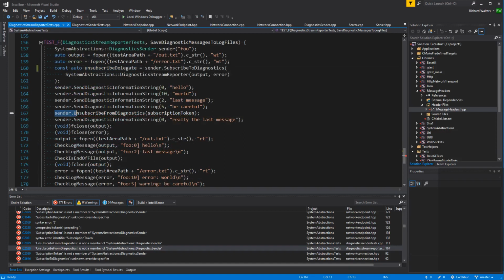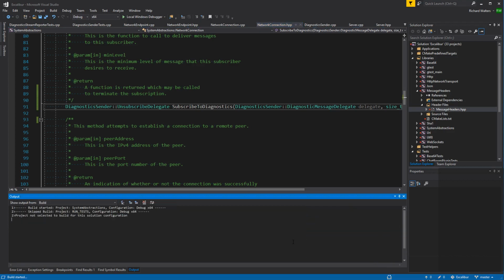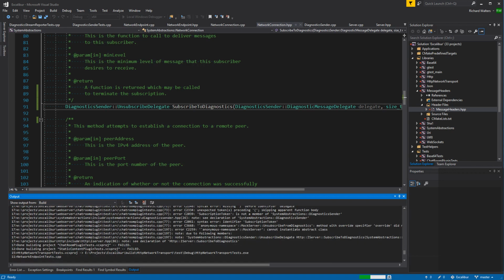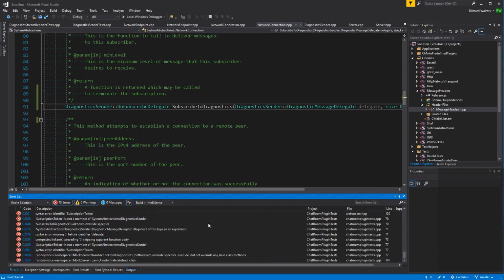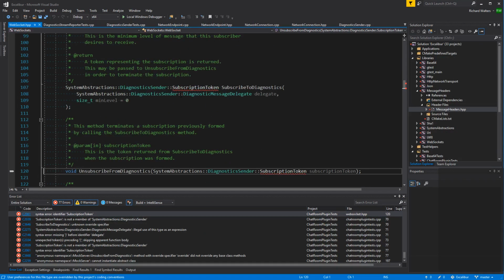And then we just call it. Okay, getting a lot of redundant compiler errors, so I'm going to rebuild.